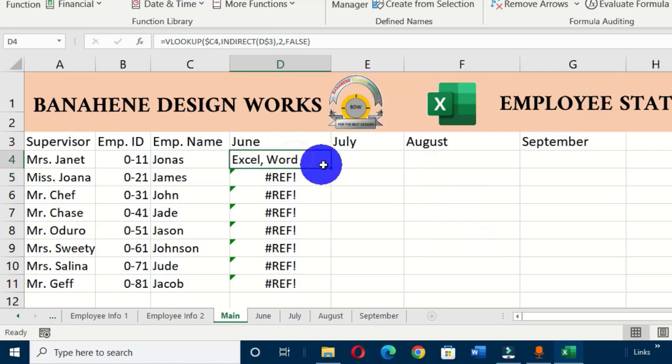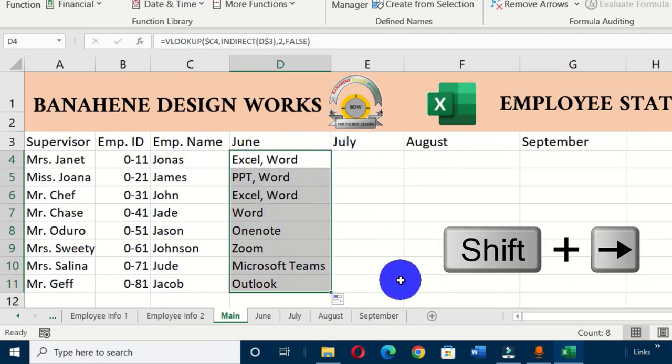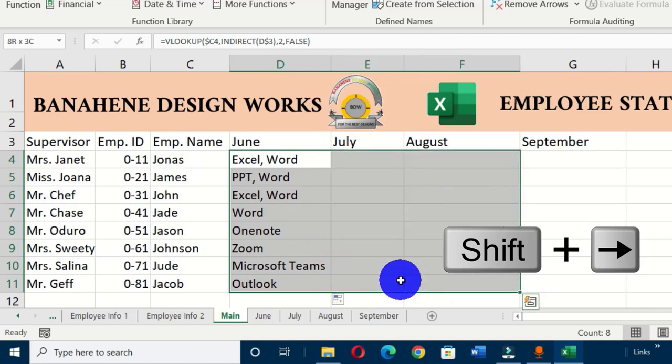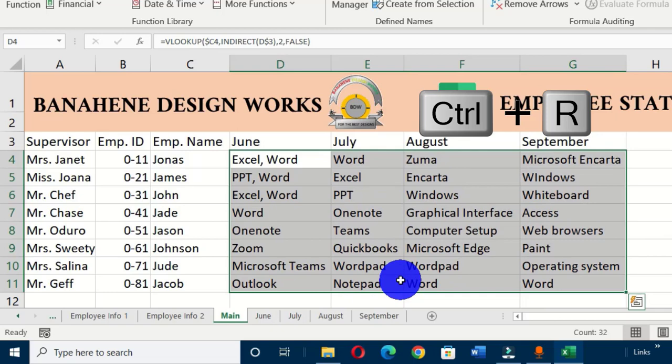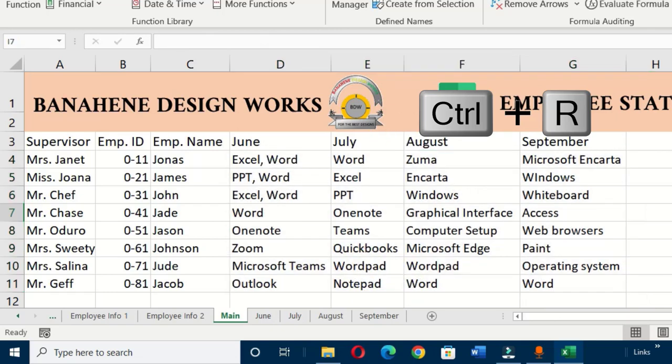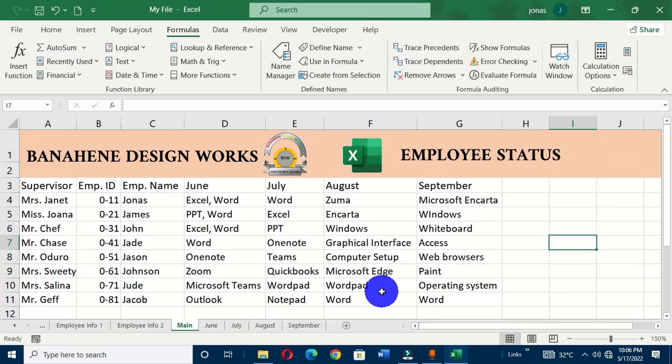Now when we copy this formula down, you can see now we have all these trainees under the month of June. For you to get all these trainees under the individual month, what you can do is use the shift key and the right arrow key to select all these, then you hold Ctrl+R on the keyboard, and that is going to generate all the trainees under the individual month. So you can see that this is perfectly done by using the VLOOKUP and also the indirect function